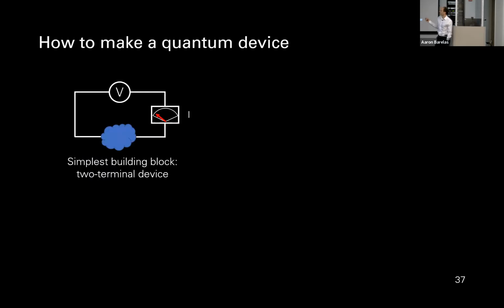So the observable that we are looking at here is transport. And so when you think about transport, the simplest experiment you can do is to simply take a voltage source and connect your favorite material to 2 points and look at the current that's flowing through it. So it's the so-called two-terminal device. Inherently, this is an open system. If you look at this material here, you have electrons flowing in and flowing out, so it's an open system,